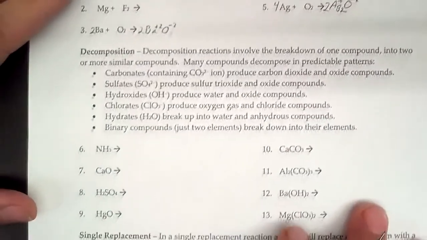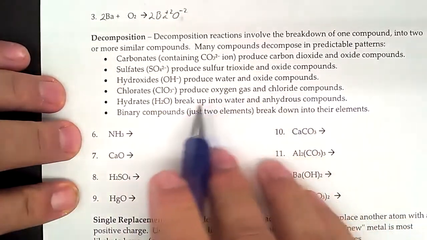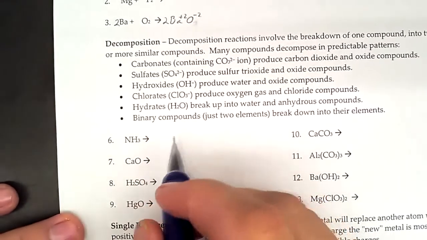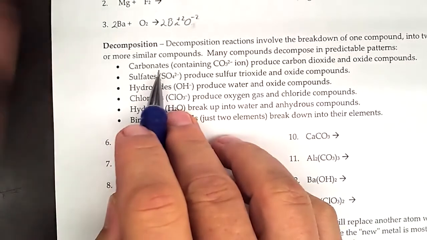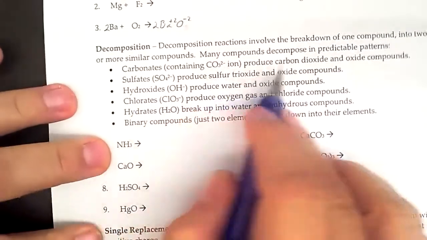Now, decomposition is a bit of a booger, and honestly, I don't really have this entirely memorized myself. It's in the document, the guidelines that I posted next to the retake quiz on Classroom, so print that out or have it visible. And what I mean by these are, so if you have carbonates, which have CO3 -2, it produces carbon dioxide,